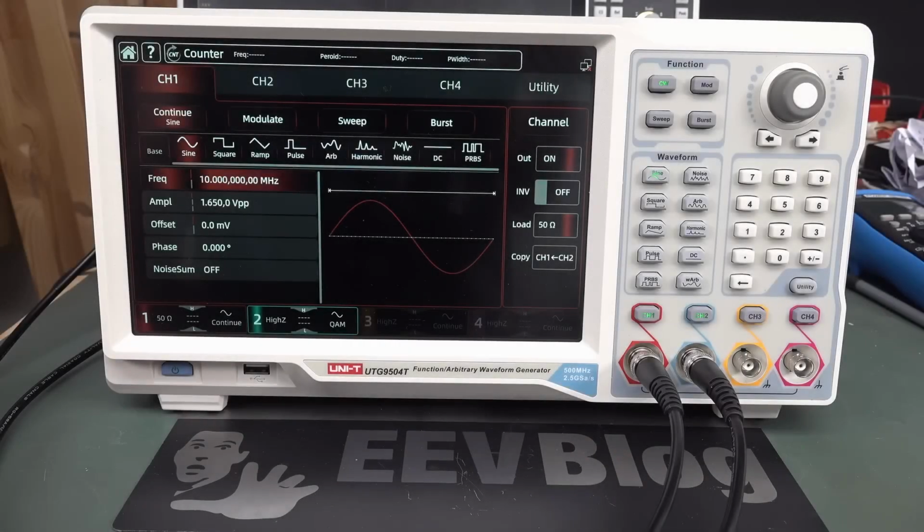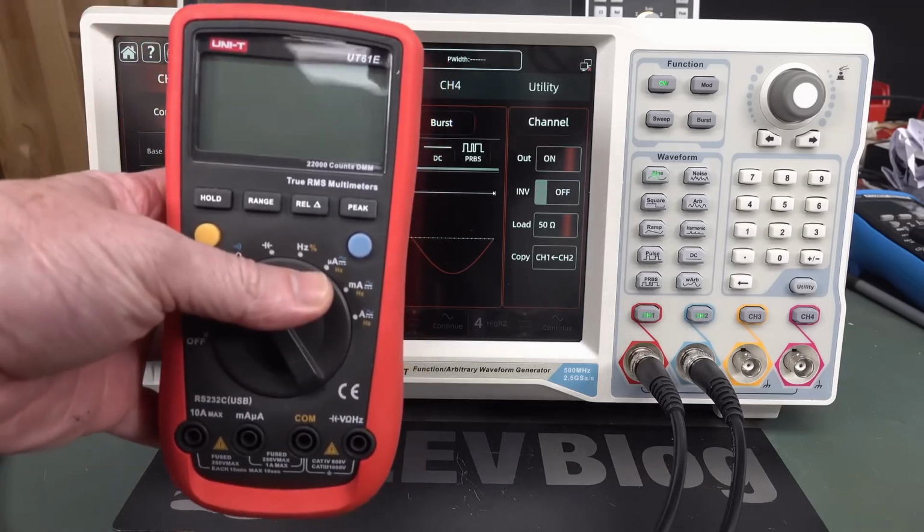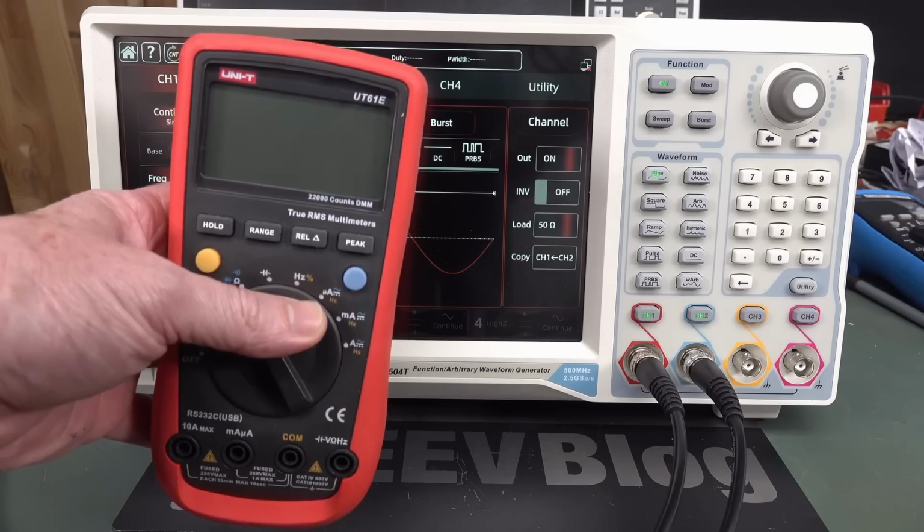Hi, I've got a real interesting bit of kit for you today. This is a Uni-T function generator, but it's not just a Uni-T function generator, it's a $5,700 US Uni-T function generator. And if that's got you scratching your head because you're used to thinking about Uni-T as making low-cost